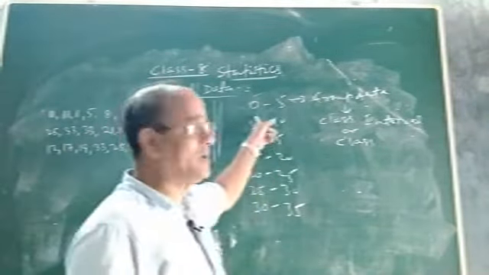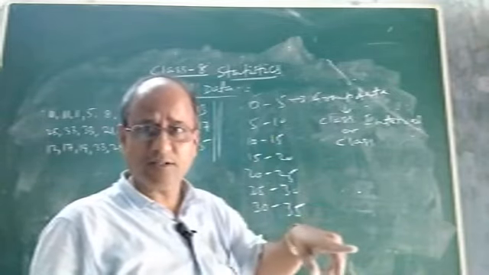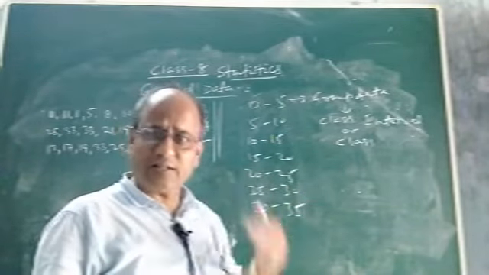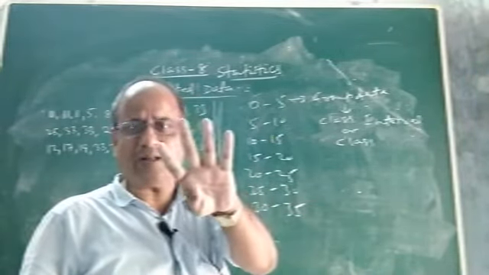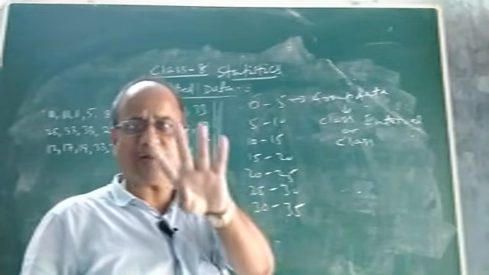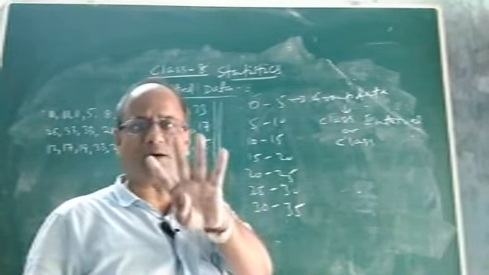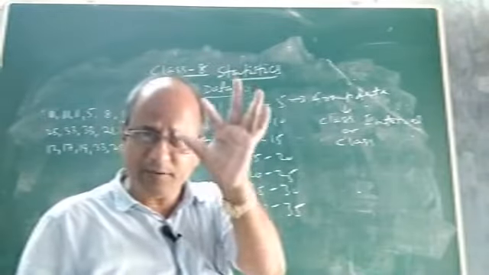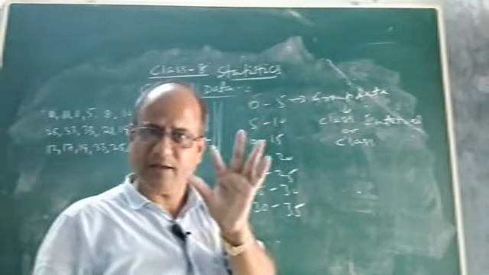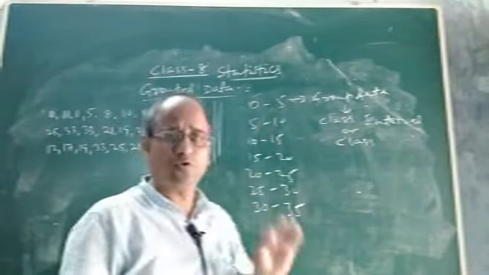So if you take the first group as 0 to 10, then 10 to 20, 20 to 30, 30 to 40, how many intervals, how many classes or class intervals or group data will you get? You will get only 4. That means it will become very small then. So this is what your group data is.